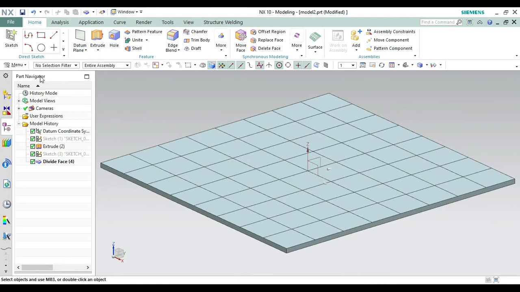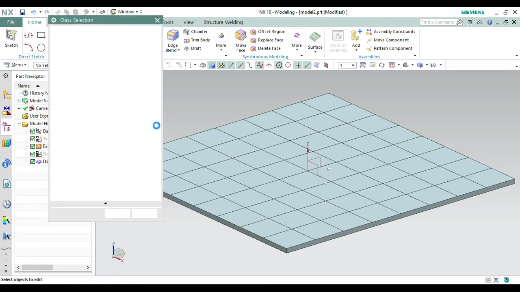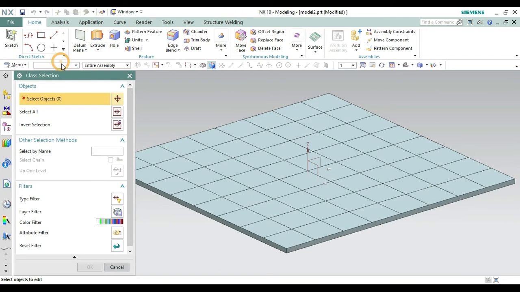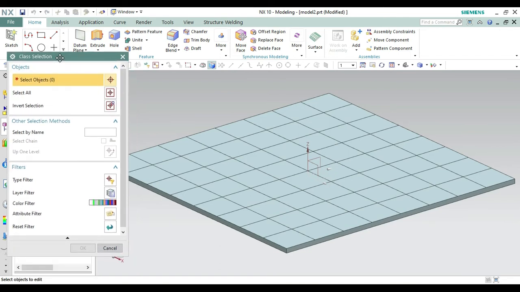Okay, so again we have to press Control J for the class selection features. Going on this Control J, select the object first from here, select face. Okay, so we can select each and every face.